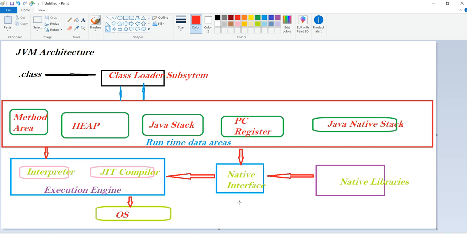To get those resources, the JVM has to communicate with the operating system. Whatever Java code we write and execute, communicates through this. So this is the JVM architecture. It is all virtual, with no physical thing in it.